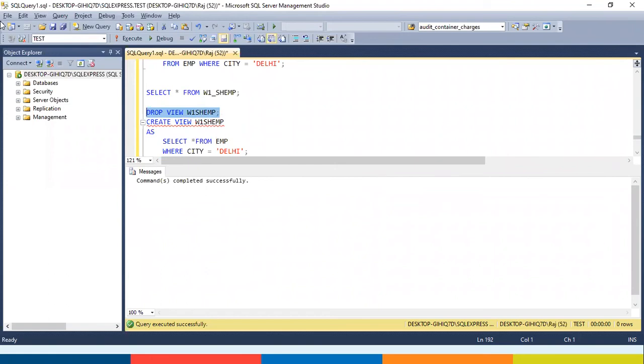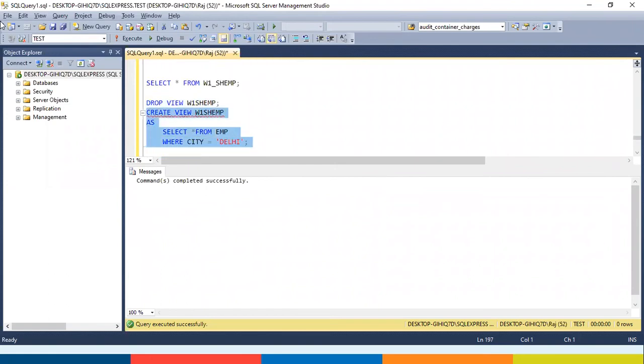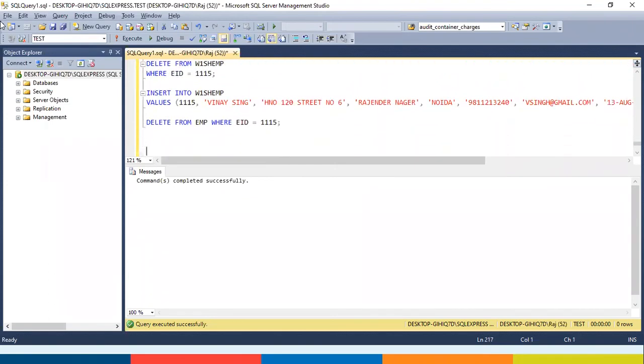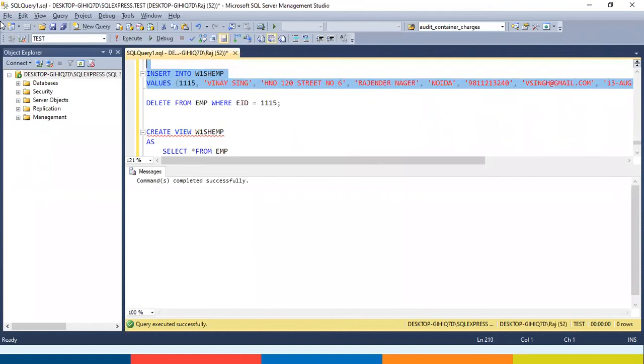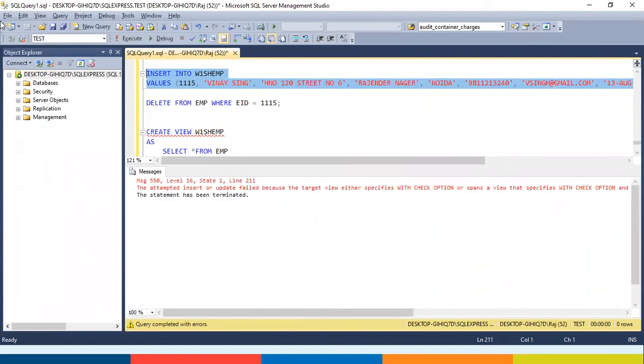The view has been dropped, and I will recreate this view, and I will use one other option over here, which is known as with check option, and now create the view. And let's try to insert a Noida employee's details from this view, and I am getting an error over here.